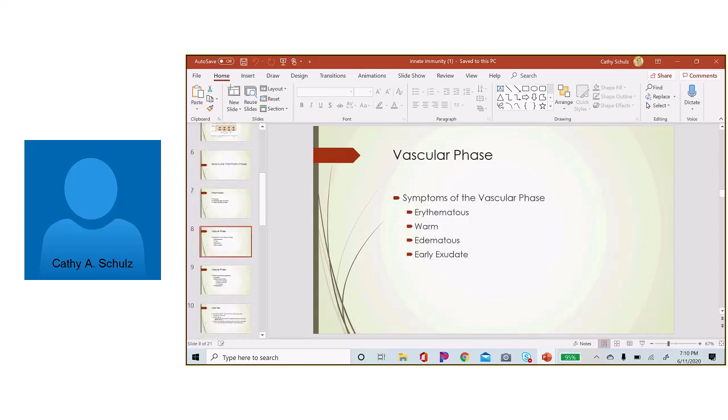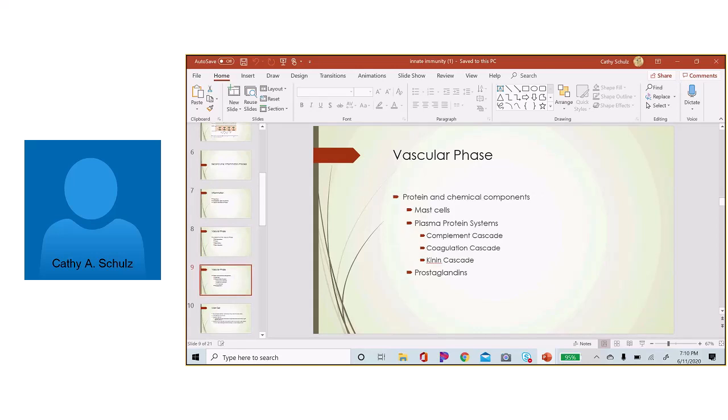So the first phase is the vascular phase, and those symptoms are the erythema, warmth, edema, and the early, usually clear exudate. This occurs because multiple things are happening, and most of them are happening at the same time, which is sometimes what's difficult about the inflammatory process. It's not where I can say this happens and then this happens and then this happens. All of these things in the vascular phase are happening at once, and they involve mast cells,